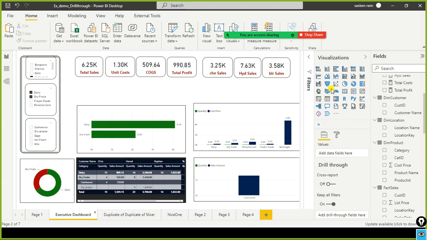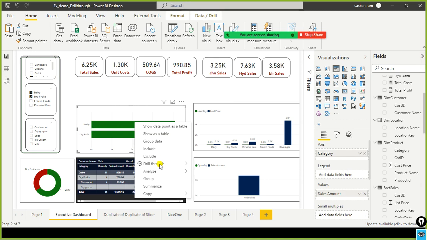So this is what is called drill through. Using drill through, we can enable the users to navigate to different report pages within a report. There is another requirement called cross report drill through. If I make any selection here, for example, when I right click and select the dairy product, and if I do drill through, it should pass the dairy category to a different report, instead of passing it to other pages within a report. How do I do that?